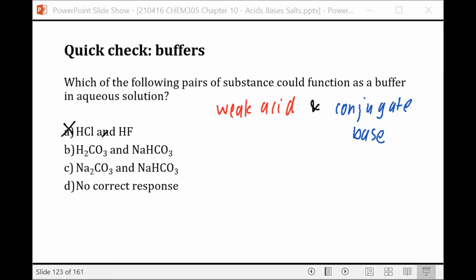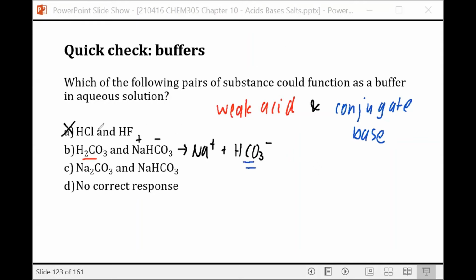Next we have carbonic acid, H2CO3, and sodium bicarbonate. Sodium bicarbonate is an ionic compound that has a cation and an anion. So we know in solution it's going to be sodium plus HCO3 minus. And so between carbonic acid and sodium bicarbonate, we have a weak acid and we have the conjugate base